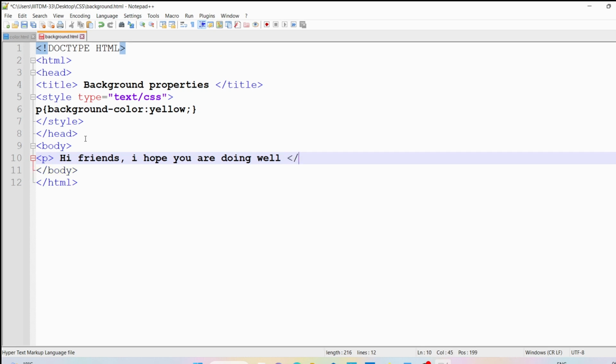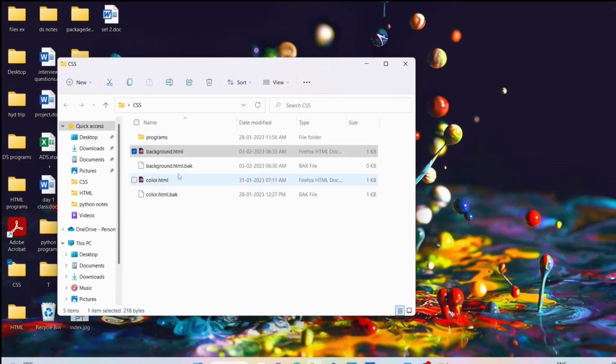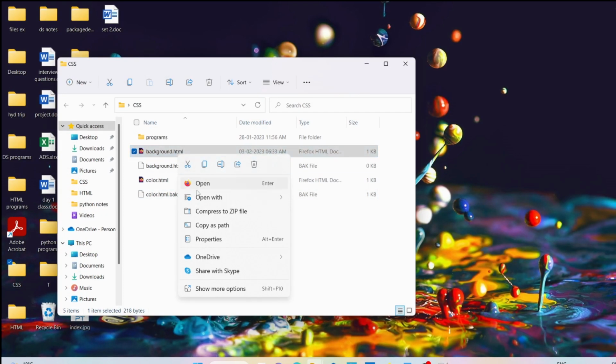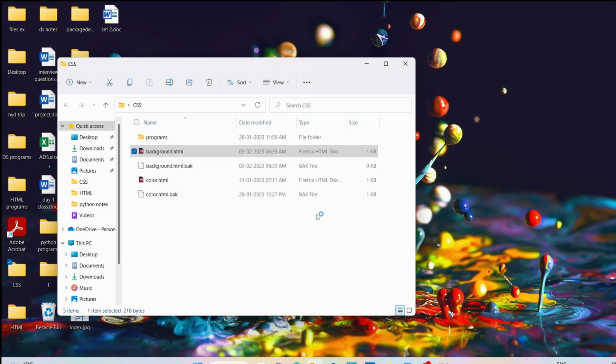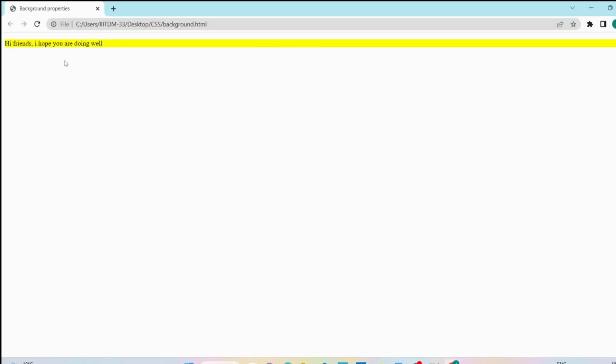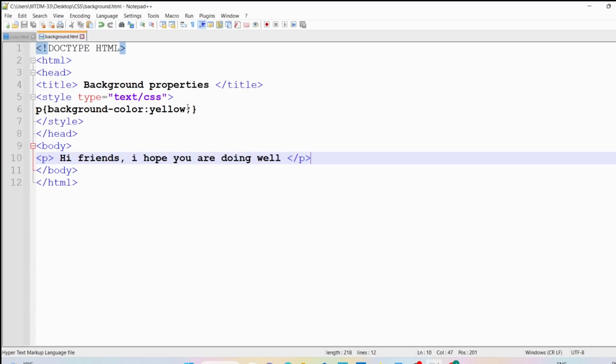And let me close the paragraph tag and let me save this program. Go to the desktop CSS and right click on the background.html, open with Google Chrome. Now you can see, "Hi friends, I hope you are doing well" has been displayed and the background color has been applied as yellow. If you want to change the color and now you want to provide it using the RGB